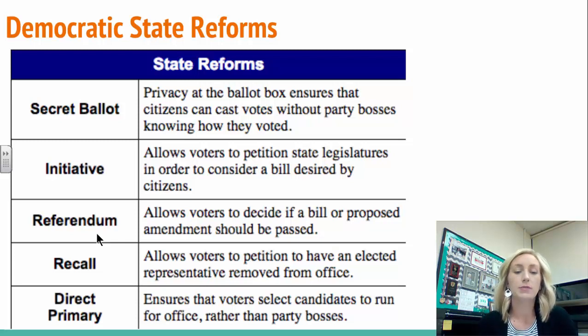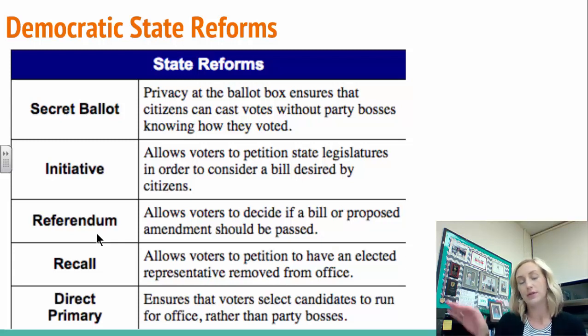And then finally we have direct primary. This ensures that voters select candidates to run for office rather than party bosses, and that the way that it used to be, the party bosses would appoint essentially who is going to run, and so now you have a direct primary where the voters select those candidates to represent each party, and then they finally vote on the actual